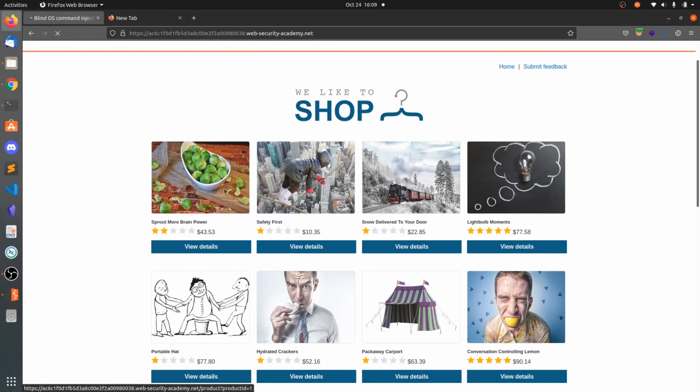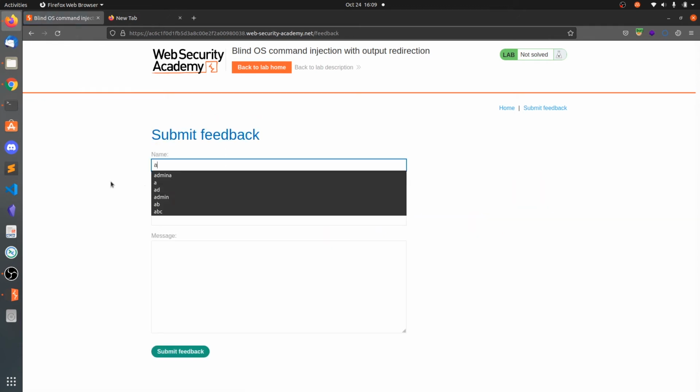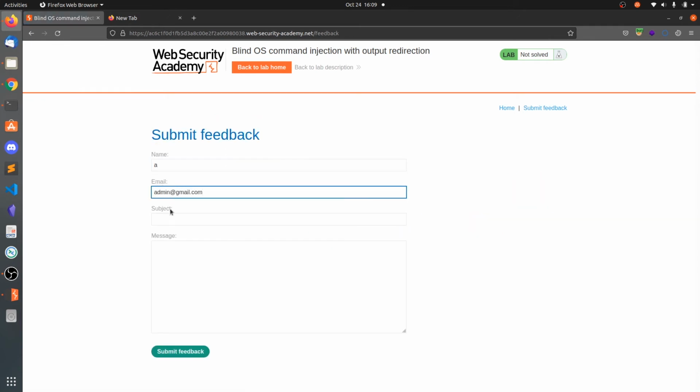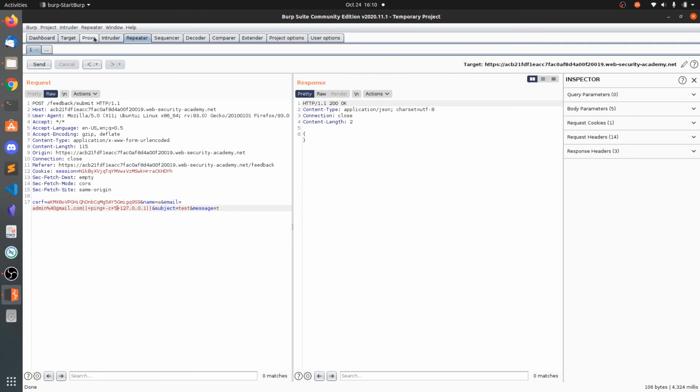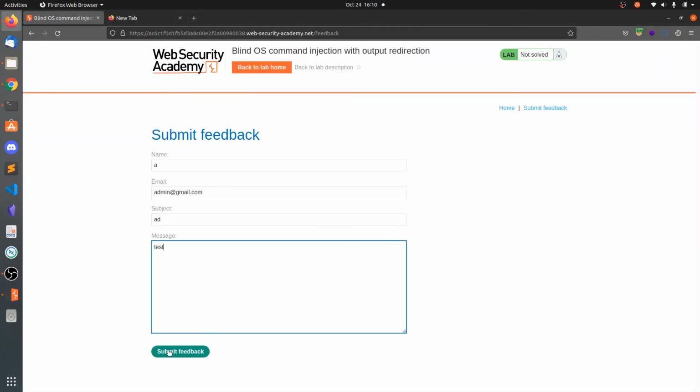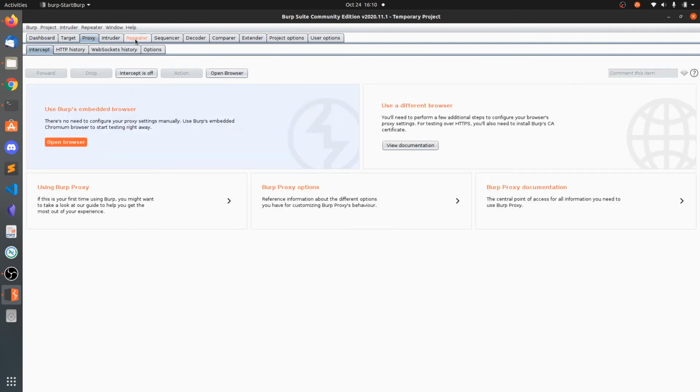So good, let's click on any post, and we have the submit feedback. So let's also intercept this request and now click on submit feedback. Now send this to repeater.